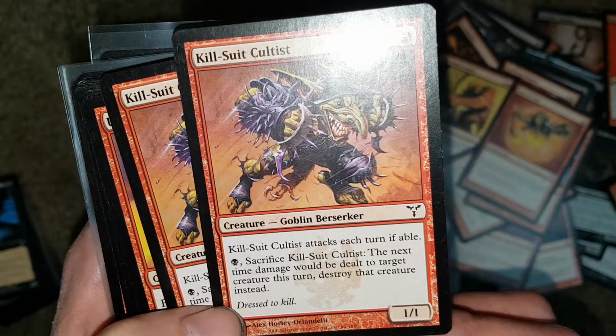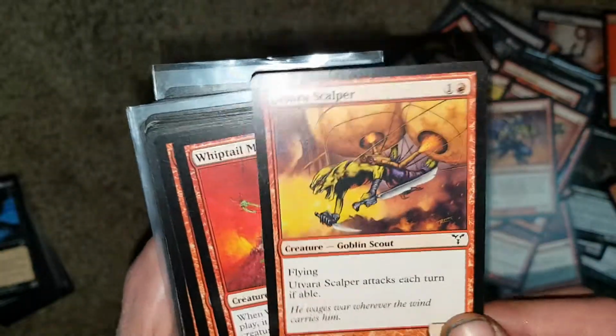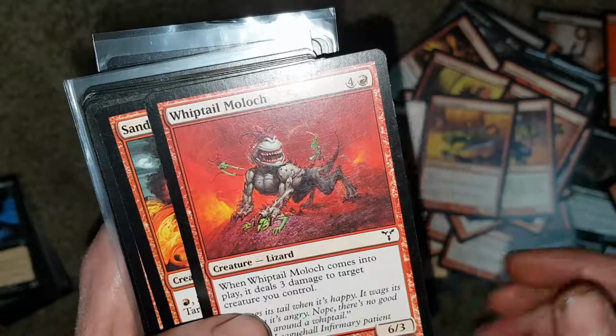Next time damage will be dealt to him. Yeah, because he'd be sacrificed. You can't target him, so I'm not sure. You'd have to be attacking with other goblins. There'd have to be a huge bunch of goblins. So he attacks each turn if he...